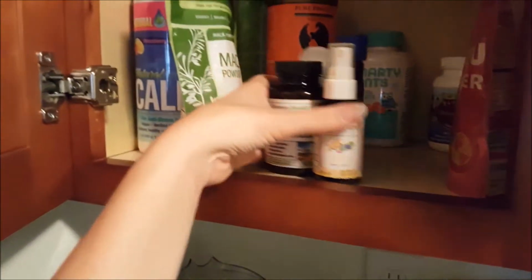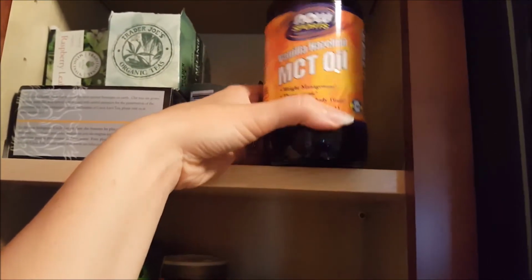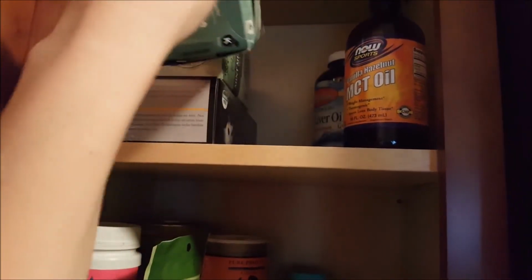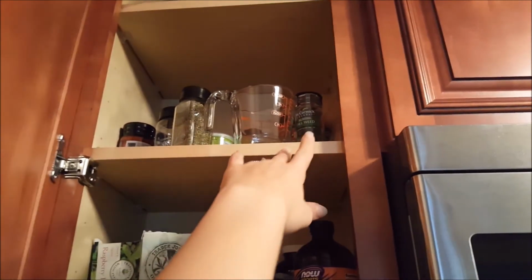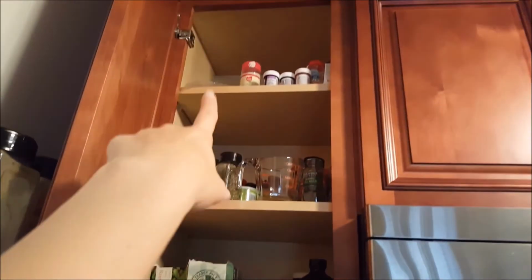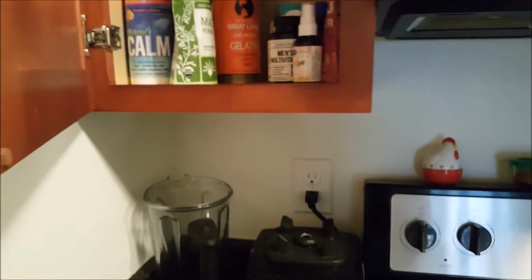Oh well. Up here I have my MCT oil. This one's vanilla hazelnut, but it's almost all gone and I'm getting the regular one. And then I have some fish oil in the back, which I don't really take and I should. And then I have all my organic teas. And then up there I have extra spices that I had gotten on sale, and so when the other ones are finished I can get onto those. And then I have sprinkles and icing stuff up there. So yeah,